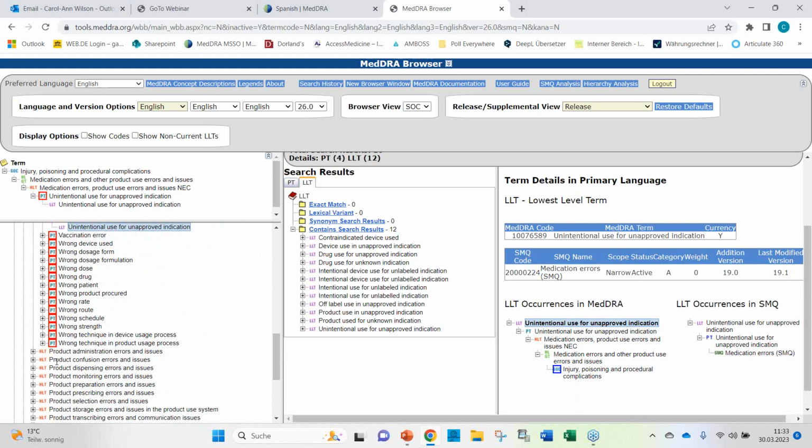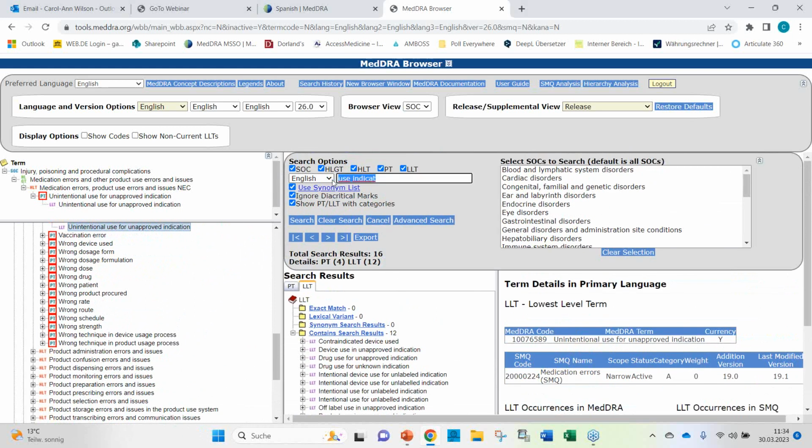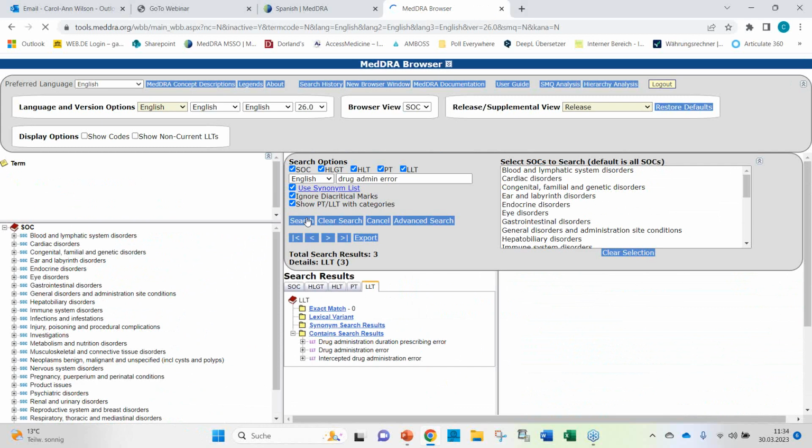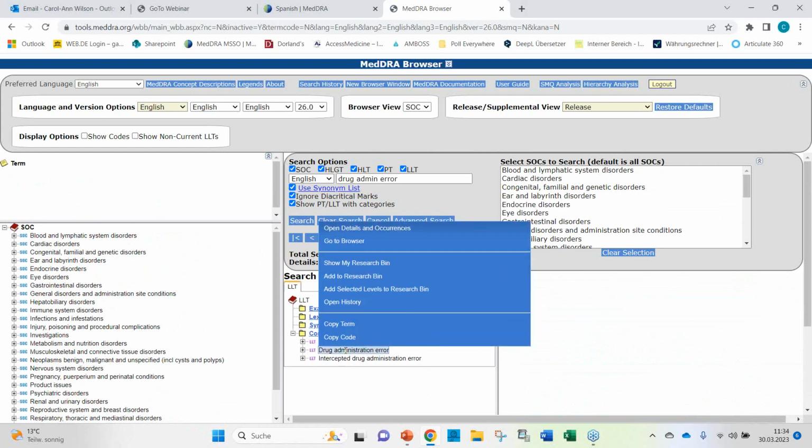So somehow we will have to capture that the drug was administered for an unapproved indication in error. So we would need to capture the drug administration in addition. We know it was an error, so here drug administration error, here we are.